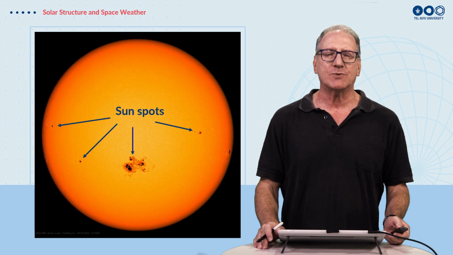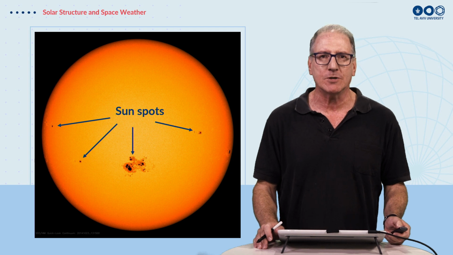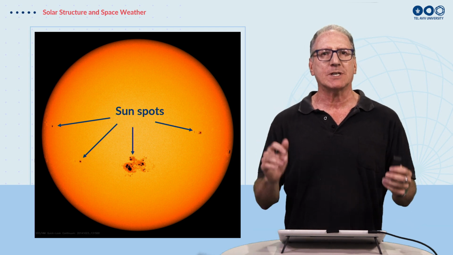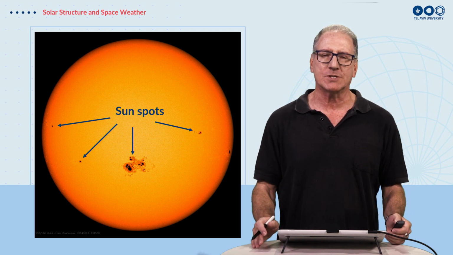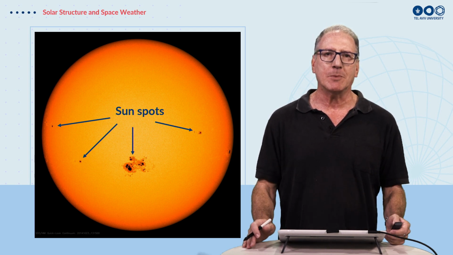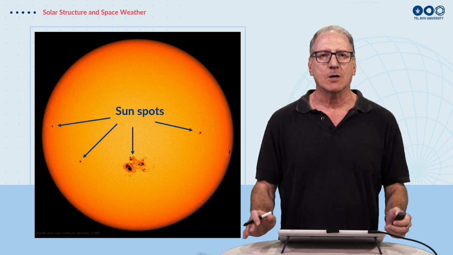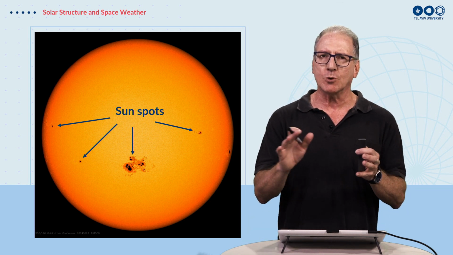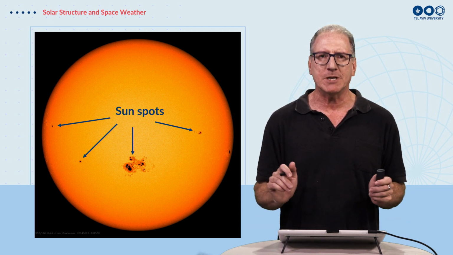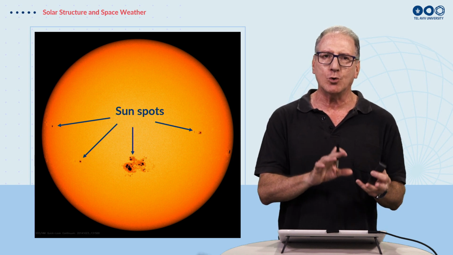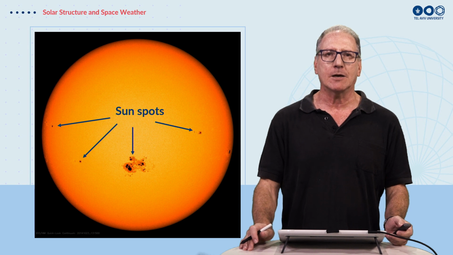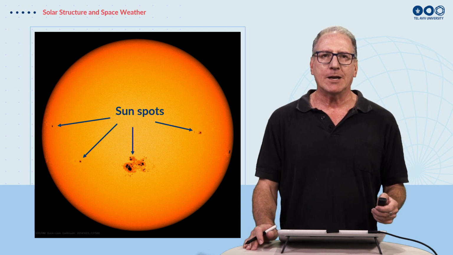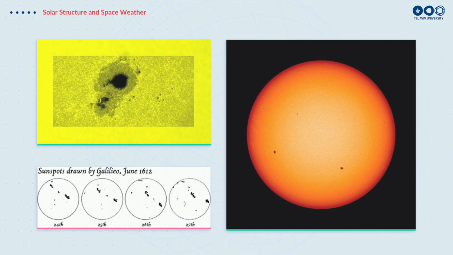Now, something interesting we've seen, and we've known about this for hundreds of years, is that sometimes when we look at the sun, we see spots, what we call sunspots, on the surface of the sun. And you can see a few of them here. These are dark patches on the sun. And as I just mentioned, darker areas are cooler than the brighter areas. So these dark areas are actually slightly cooler in temperature. And we've known about this, as I mentioned, for many years.